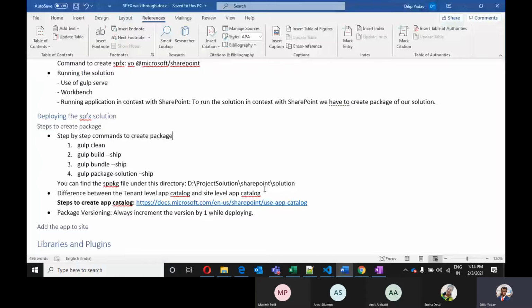Then only we would be able to start running and developing our application. So we have to use these 4 commands to create our package solution. Once we have created our package, we will get it under our project's SharePoint solution.